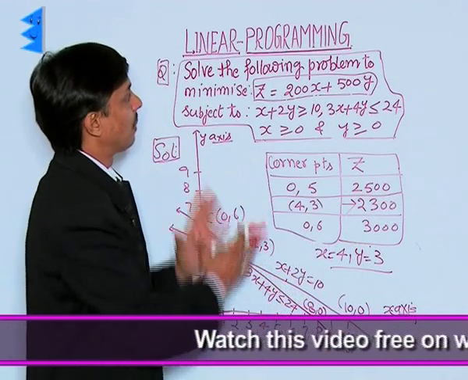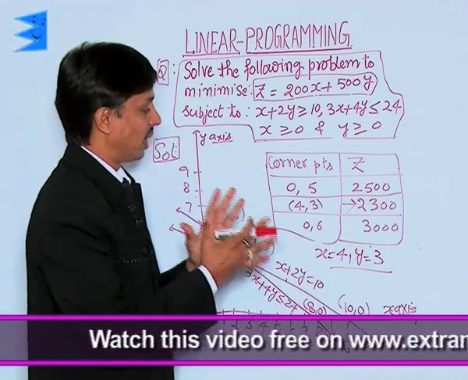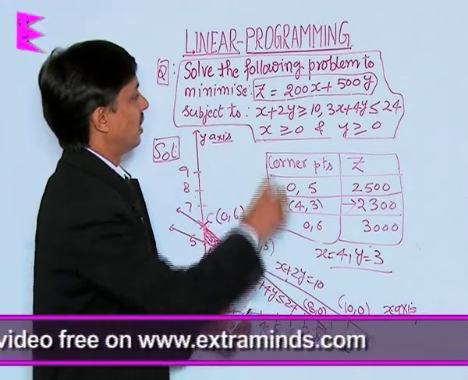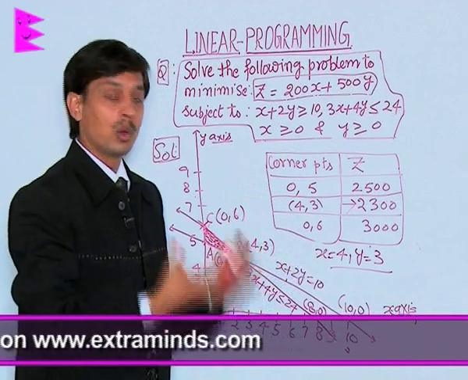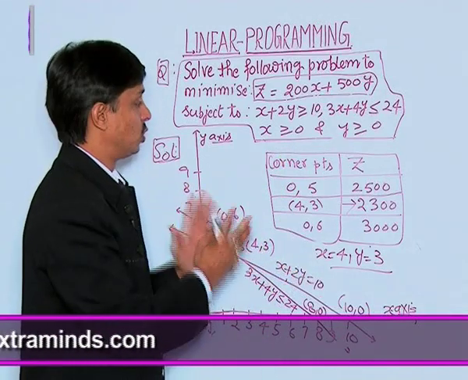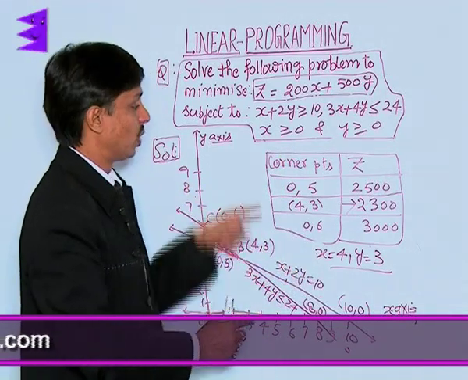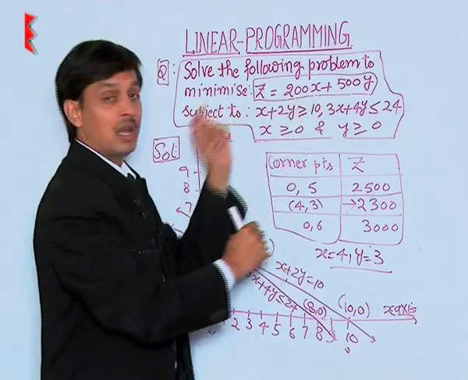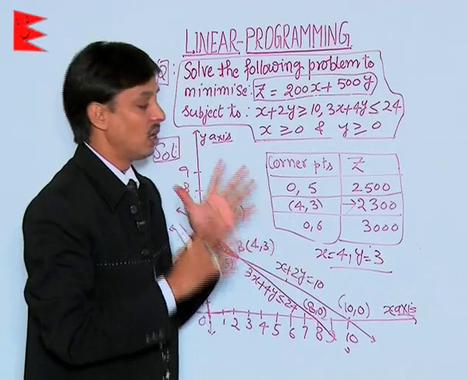So any problem related to linear programming can easily be solved by taking the help of graph paper and keeping in mind what constraints we are looking at and what is the most common zone. From the most common zone, we will select the corner points, and these corner points will be used in the main function to check for maximum or minimum.